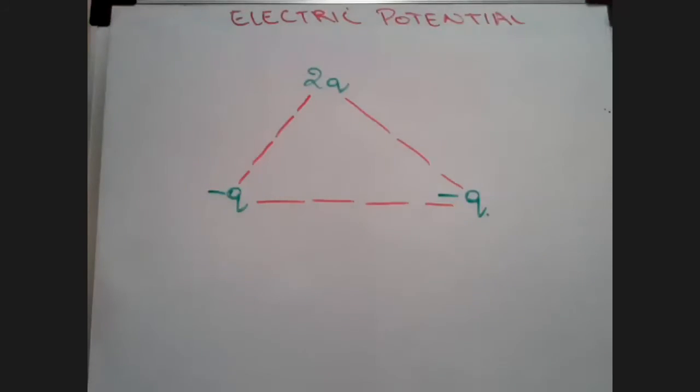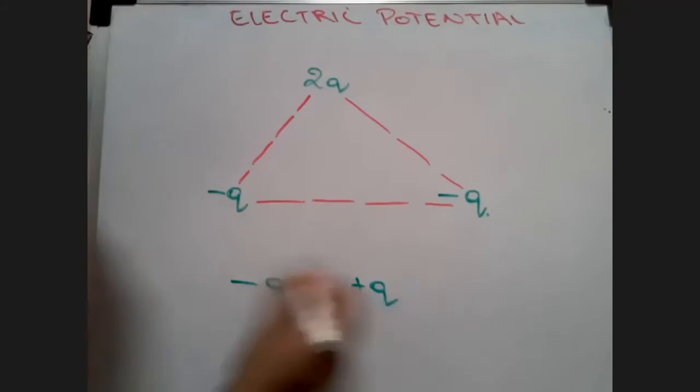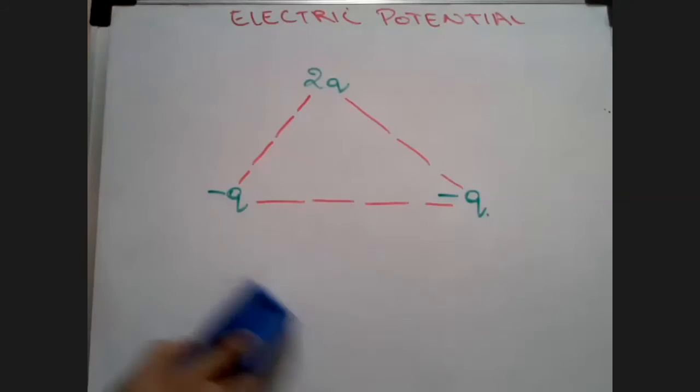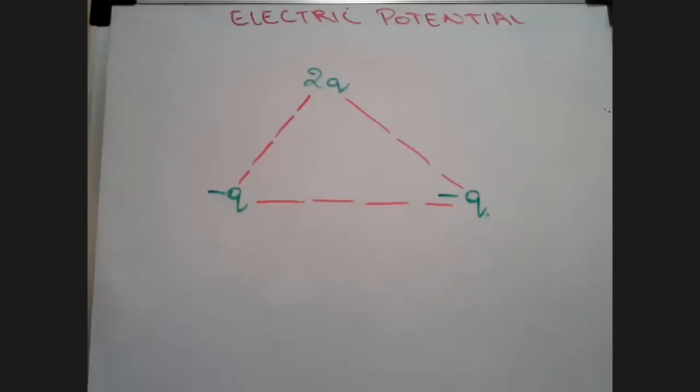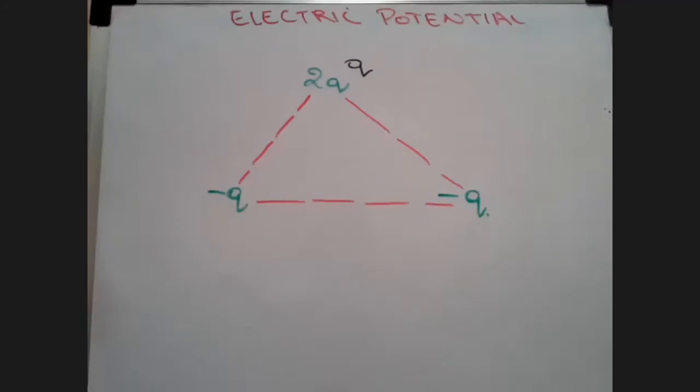Anyone can help me out with this? We can consider 2q as q and q. Yes, you can consider that as q. And then what can we do ahead with that? It's a simple thing. Everyone listen. I've already taught you minus q and plus q. We have already played games with this. Now, we don't know what happens with 2q. Just consider this small thing. Just consider 2q as just q.